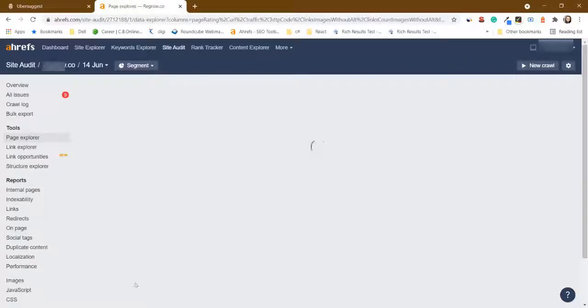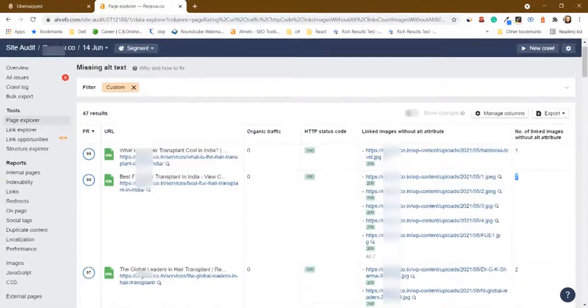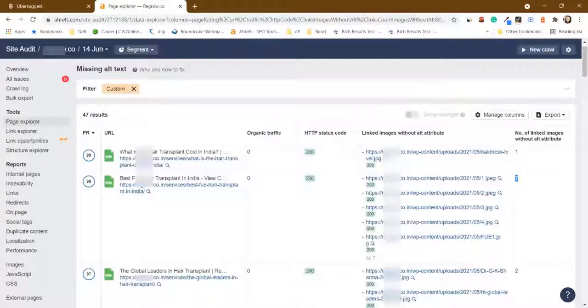When I click on view affected URLs, I will be able to see all those results, that is 47 pages and the images. You can see the page, and which image has not been given an image alt tag is mentioned over here. On this page there are 7 images without alt tag. For all these optimizations I need to connect with the web developer and get them fixed.